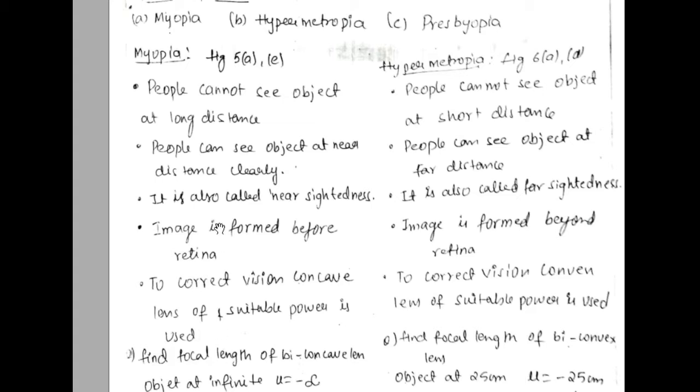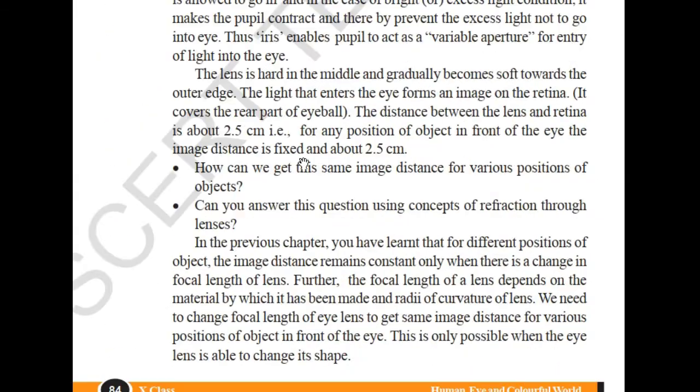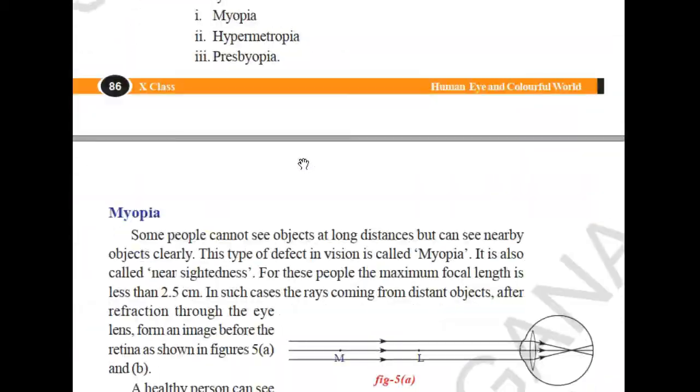Okay, there are 1, 2, 3, 4, 5 differences in it. So now we'll take a review from your textbook, so then you can understand. I'm just taking what is given in the textbook, so the same thing will be given.